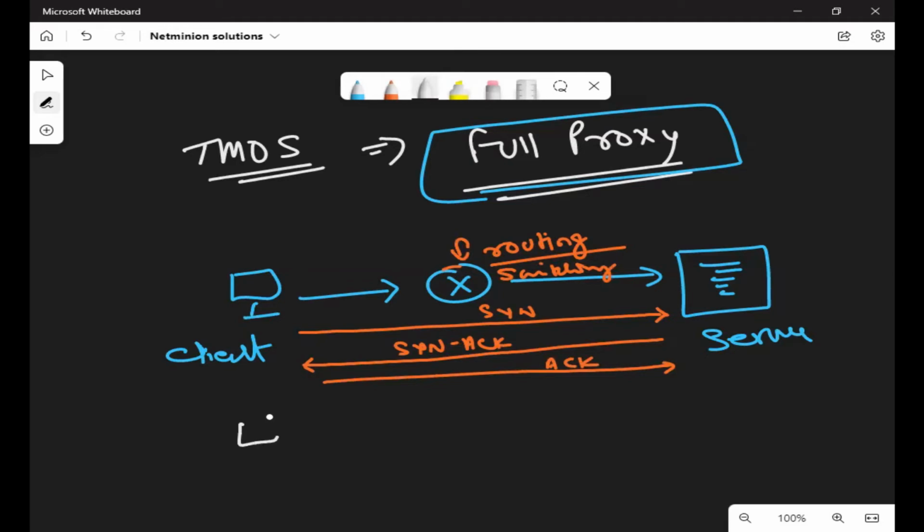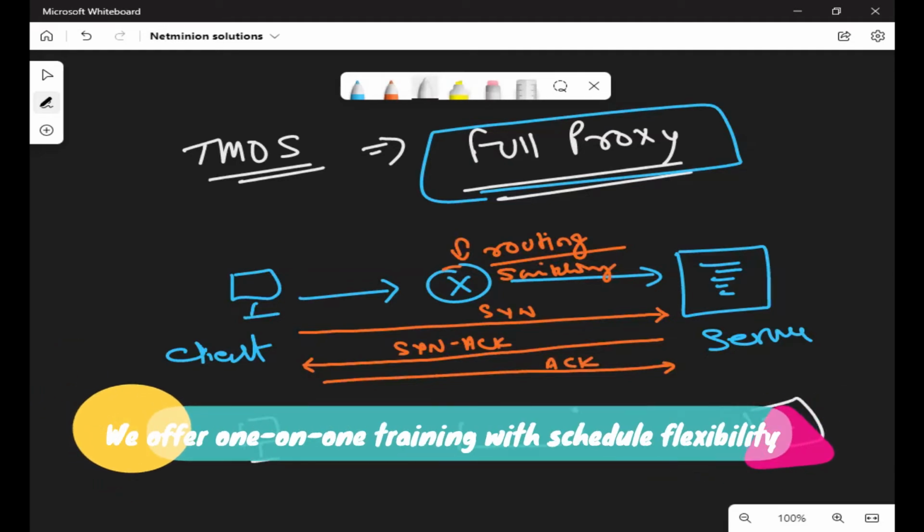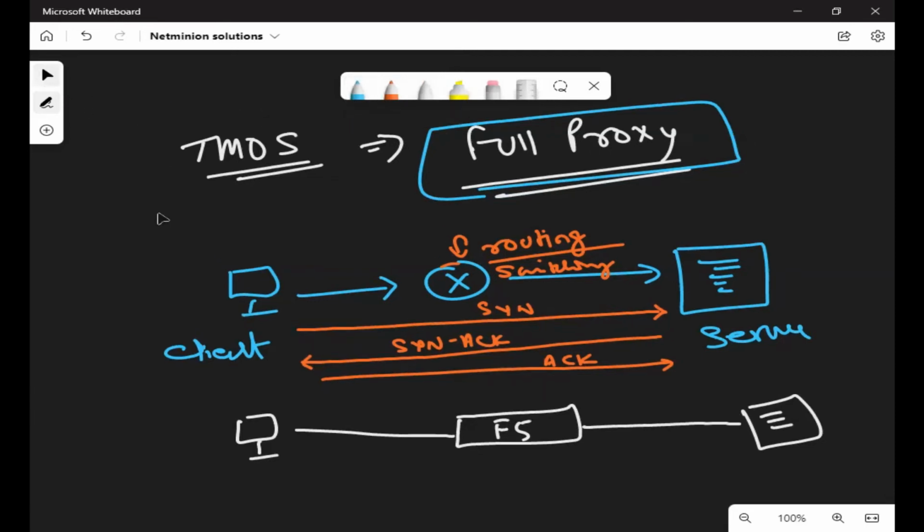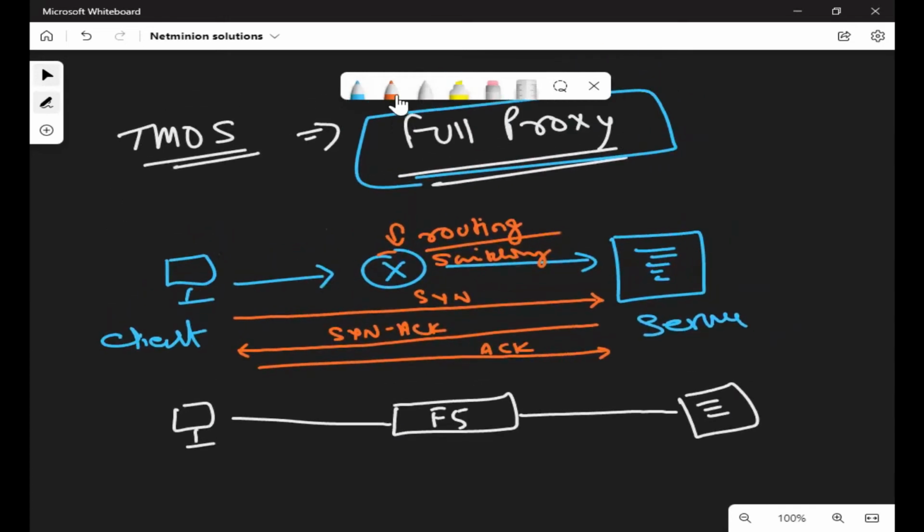Similarly, if we have the client, we have the server, and now instead of any other unit, I am putting the F5. Especially in the F5, I am talking about LTM here. The story would be a little bit different. How?